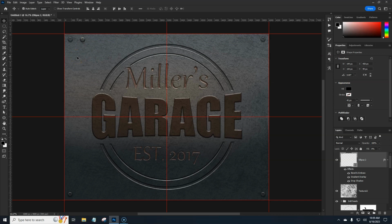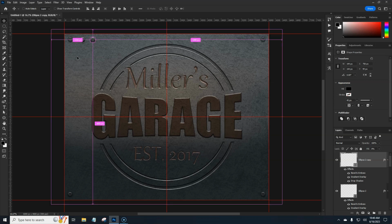Maybe like so. Control J, Control T, then the numbers one through thirty. Enter. Now, if we hit Control Shift Alt T